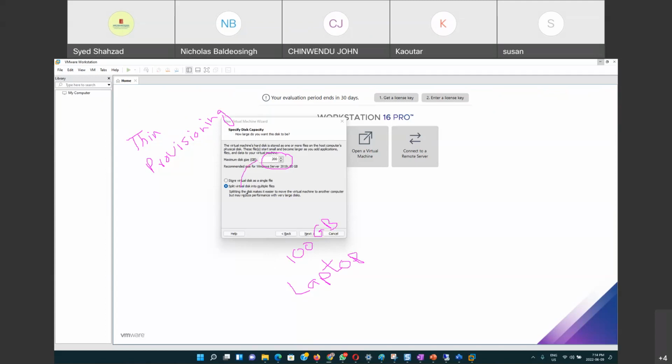So this disk space has to be available here as well. But you say, oh, no, I have 100 GB space. Suppose the free space is 100 GB here on your laptop. So guys, with thin provisioning, whatever space you give here, it does not occupy 200 GB. It does not require 200 GB to be freely available on your physical disk of your laptop for it to be installed. So the concept of thin provisioning is that whatever software you're installing, that much space it will take